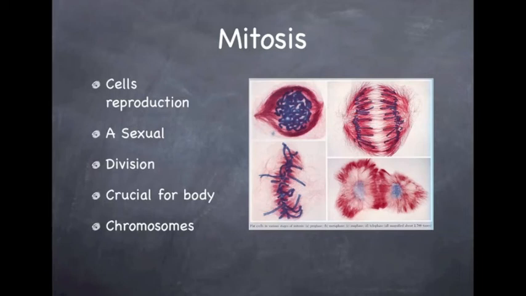So we're going to be talking about how cells split and divide into two. And yeah, so this enables us to get bigger, more mature, etc. This is called mitosis. Mitosis is practically cell reproduction, and this is asexual reproduction, so it doesn't need a female or male counterpart. What happens is the cell divides into two, and this is crucial for the body as